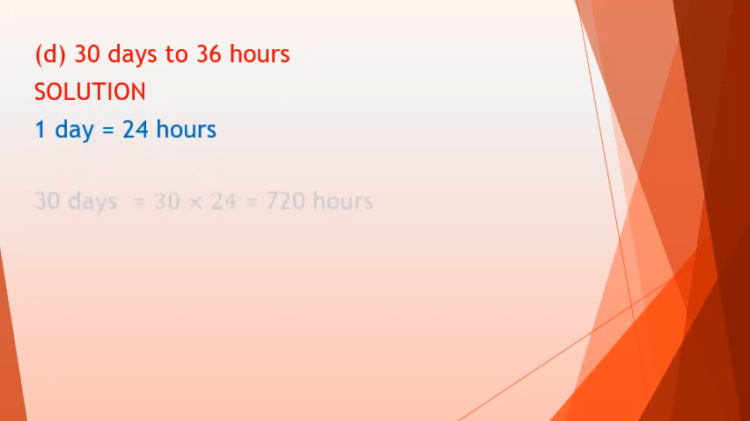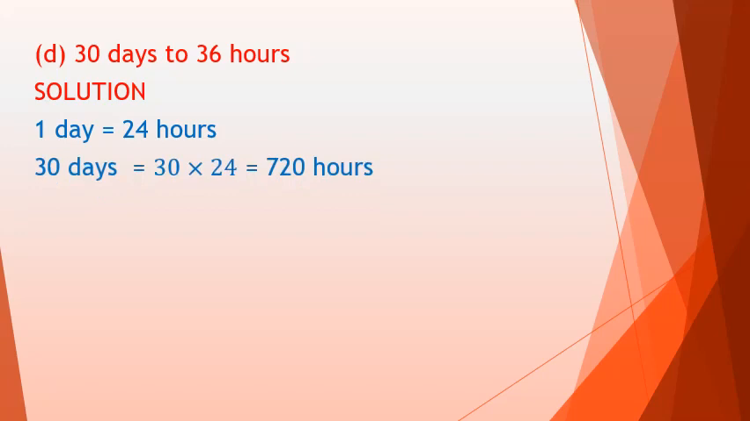Our next question: 30 days to 36 hours, we have to find the ratio. Here also the units are different. So our first step is to make the units the same. As we know that one day equals 24 hours, hence 30 days equals 30 into 24 equals